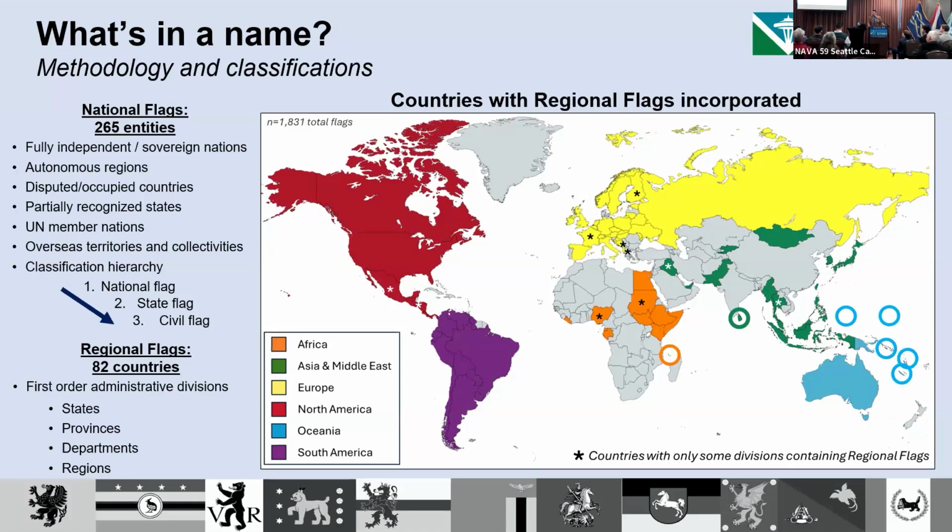And then I examined regional flags, and I looked at the regional flags of 82 countries. Those are actually the ones that are highlighted. So the ones that are highlighted were included in the study. The ones that aren't highlighted were not, and that's mostly because most regions don't have regional flags. So state flags, adopted provincial flags, or department flags. And then the ones with the little asterisks are the ones where not all of that country's region's flags are adopted, but I included them anyway. So for Finland, for example, not every single province has a flag, but most of them do. So I included that in the study as well.